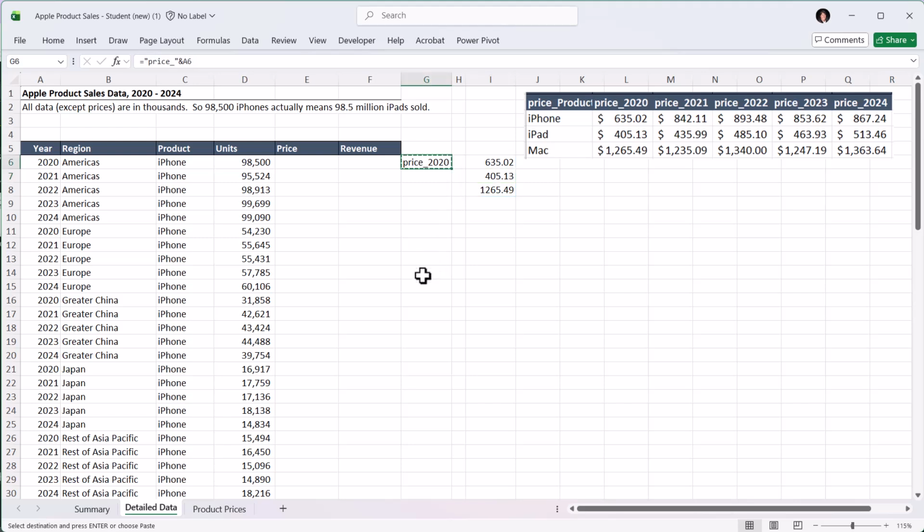Take that formula, copy it, paste it down here. I get price_2023. And then if I take INDIRECT, it brings back the prices from 2023. Okay, so